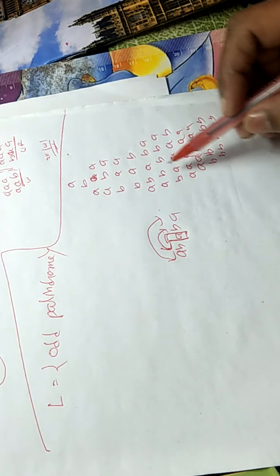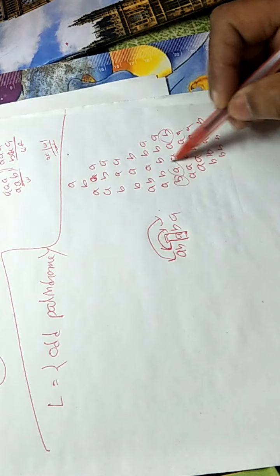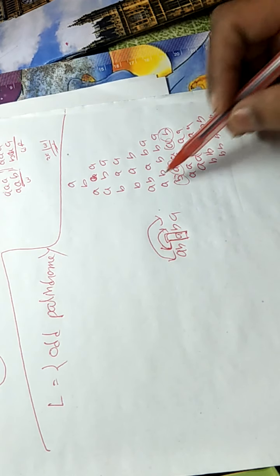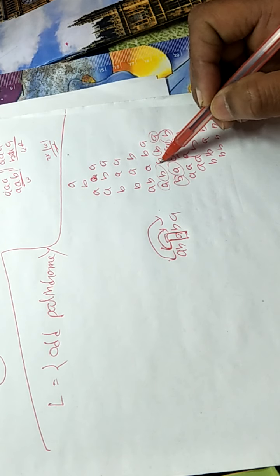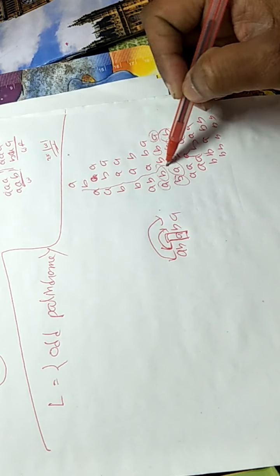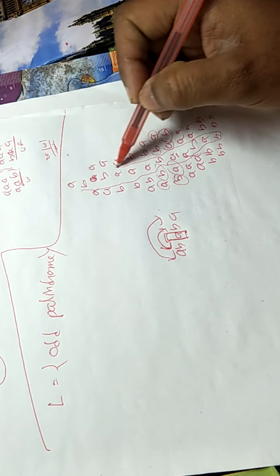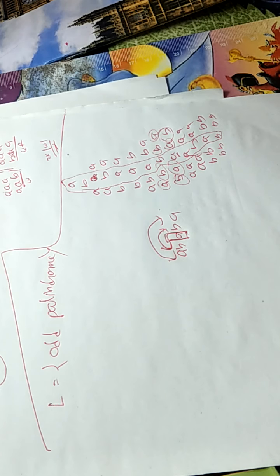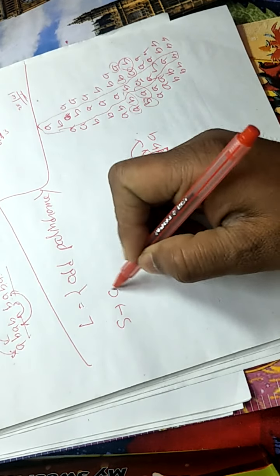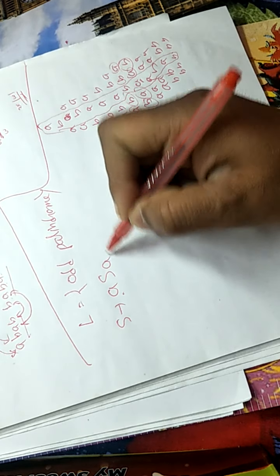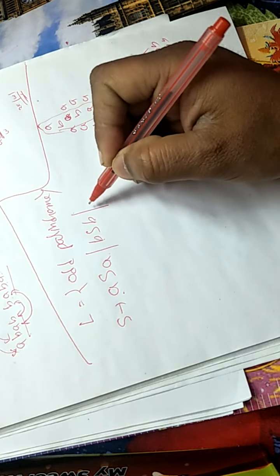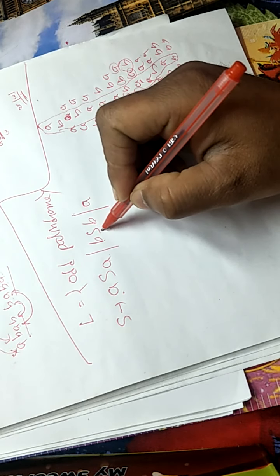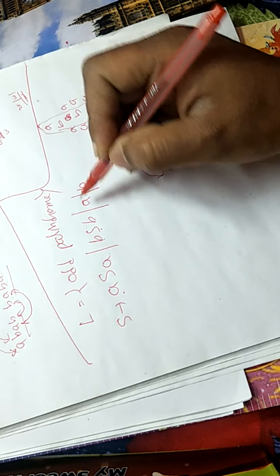Suppose here we have to match B with B, A with A, but there is an A at the center. Suppose here we have to match A with A, B with B is at the center. Here there is always one A or B at the center that is single, and that is making it odd. So this grammar will be S tends to ASA to match A with A, BSB to match B with B, but at the center there will always be an A to be placed, or there will always be a B.